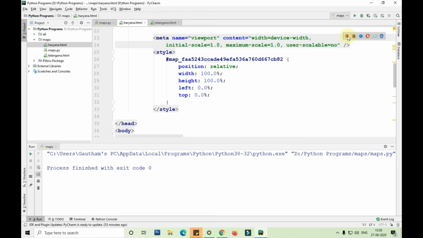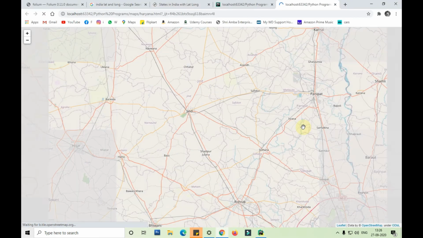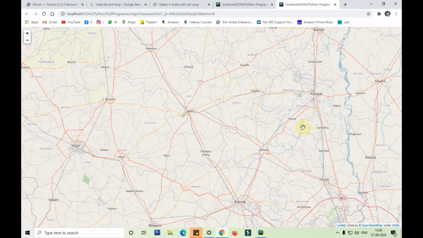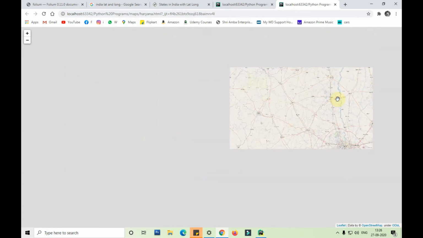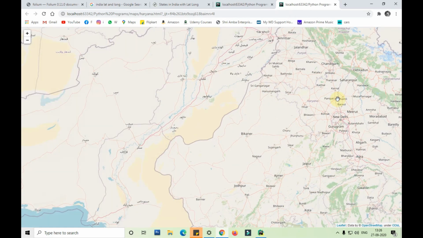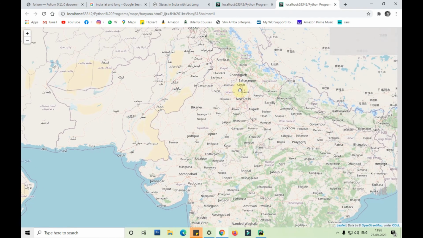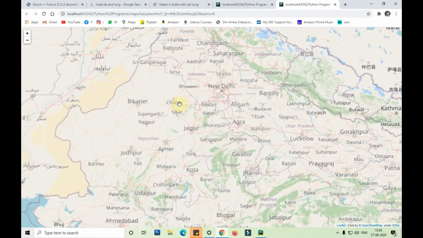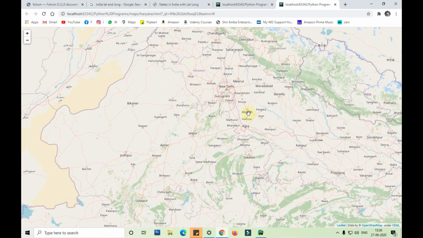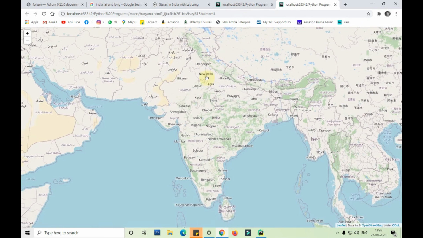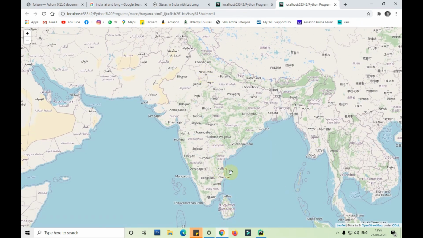Now I'll open it with the help of Chrome. It is just pointing to the center of that particular state, guys, not at any other random place. Since it's pointing to the center of the state, we need to zoom out and see. So this is New Delhi, this is somewhere Haryana, Agra, Aligarh and all. By default, guys, this is our India and these are our neighbors, Sri Lanka, Nepal, Bhutan, etc., all the countries.